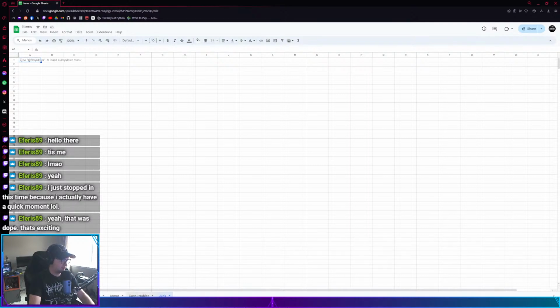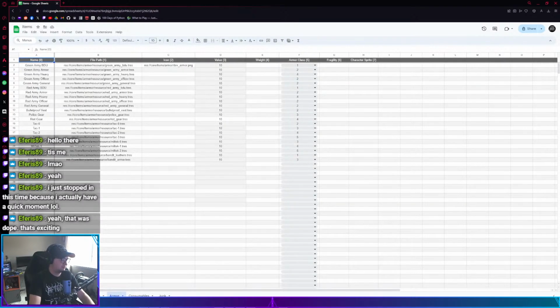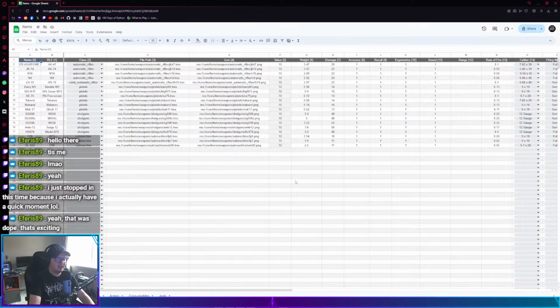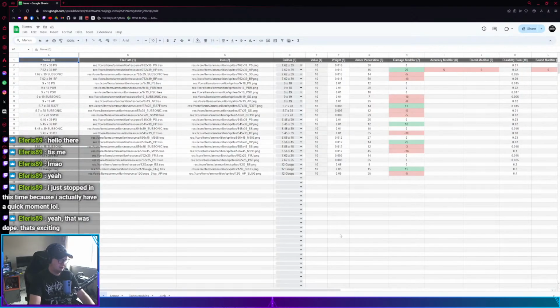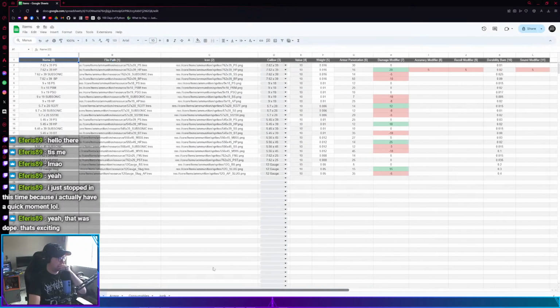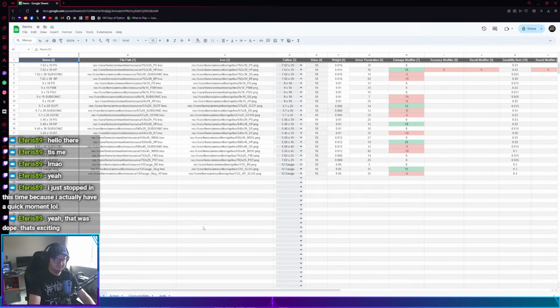I gotta go through all the weapons, and I gotta create all the attachments. I have to update stats for all the weapons. Actually, even the armor too, but there's some work that's gonna be done on that one that I'm not even gonna touch yet. Yeah, it was really cool. It was a lot of work to get that system working,